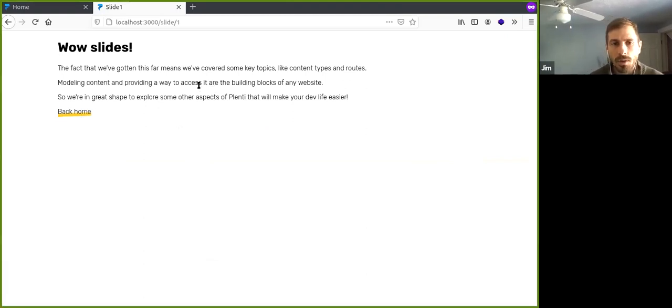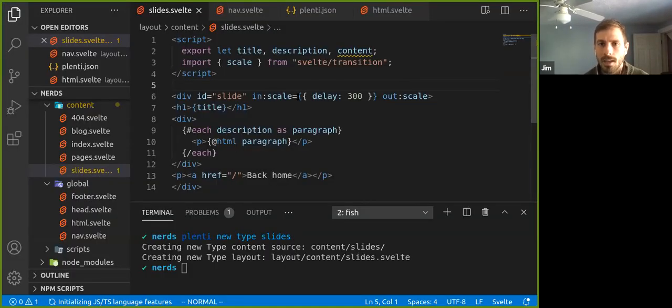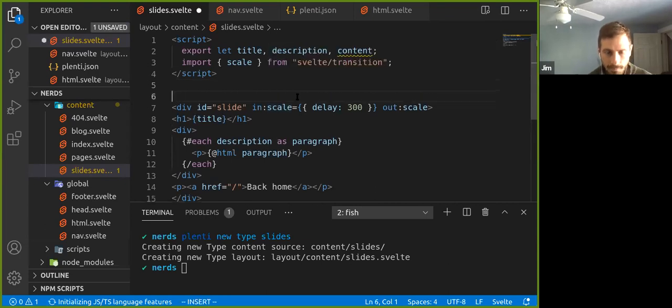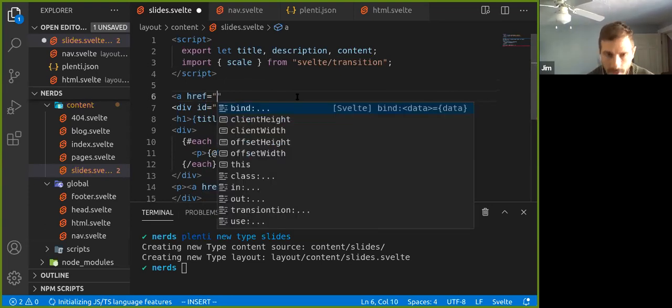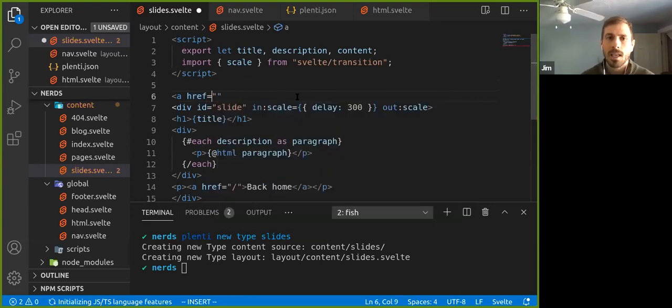If I add some controls, so let me add, oh, I got to switch back to my editor. And I'm going to add some controls here. So I'm basically going to add a link, an href. And I want this link to allow me to go forward or backwards. The one that happens first is going to be backwards. So basically I need to pull the order out of my content source.